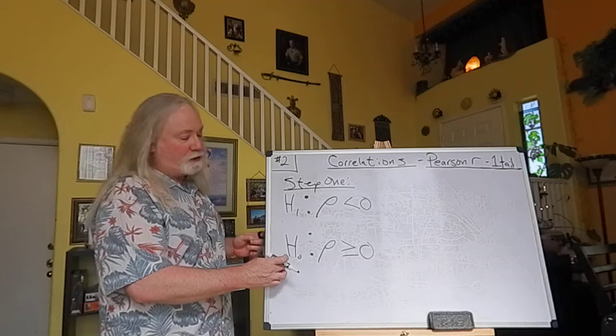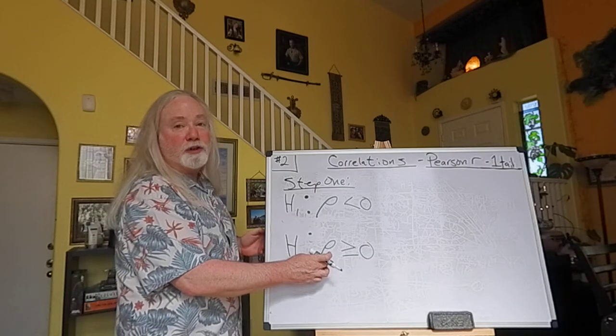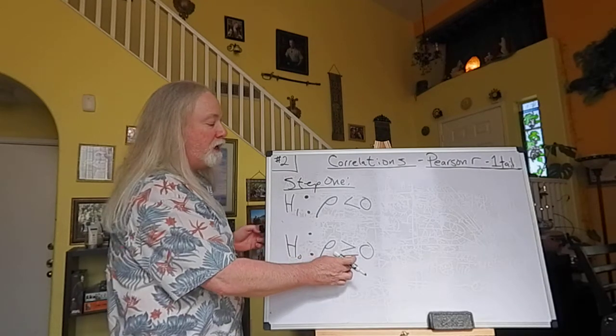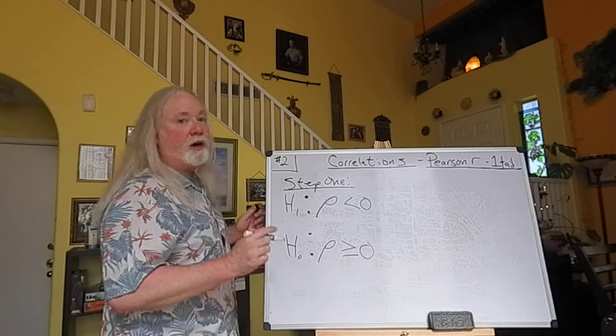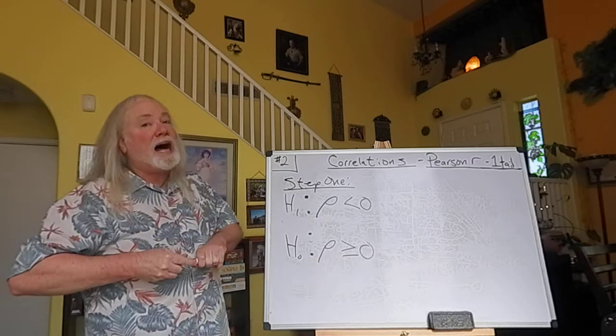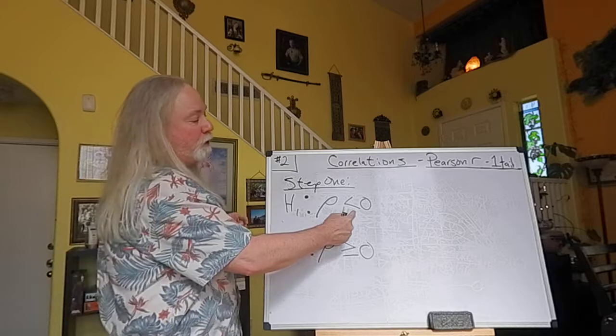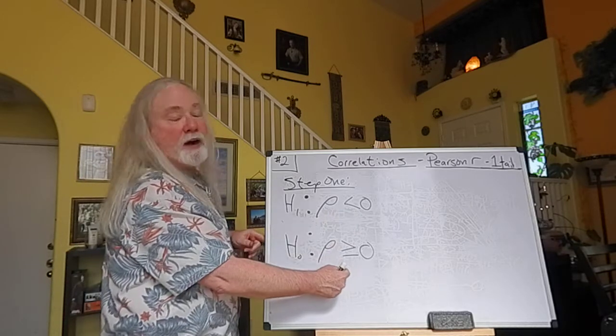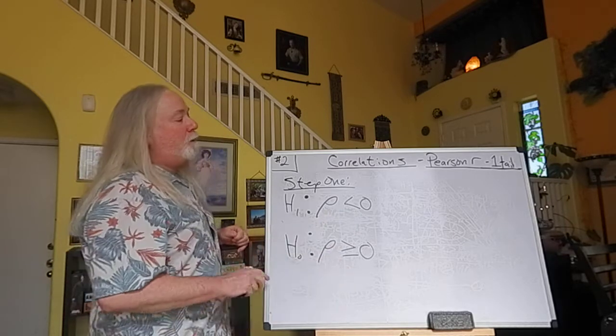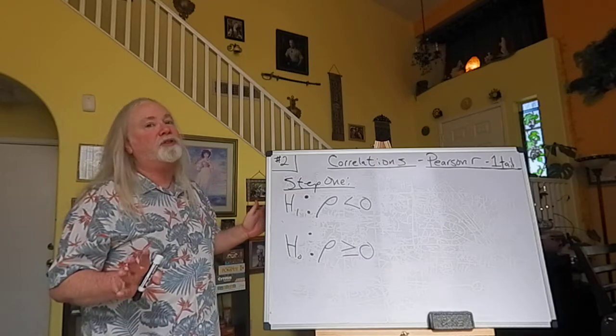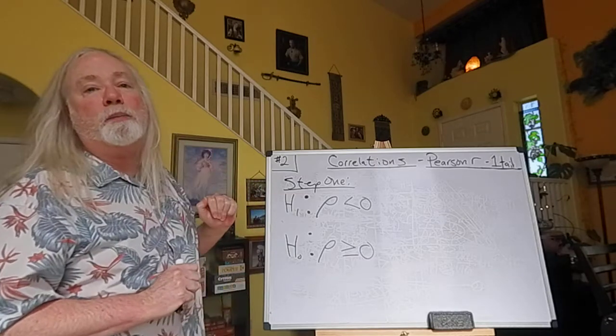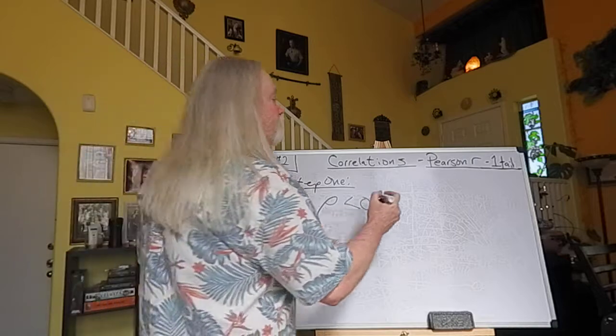Null hypothesis, as always, says the opposite. So rho, the relationship value, will be equal to or greater than 0. If we were expecting a positive relationship, we'd flip that to a greater than 0 and flip that around to less than or equal to. But again, we're basing this on the scattergram, which was a negative direction, so that's what we're predicting. Our step 2,